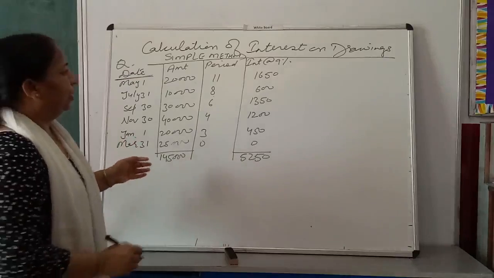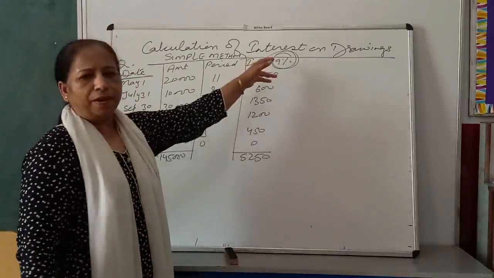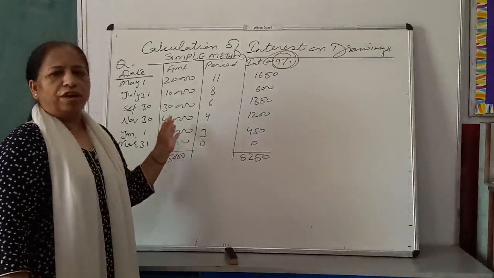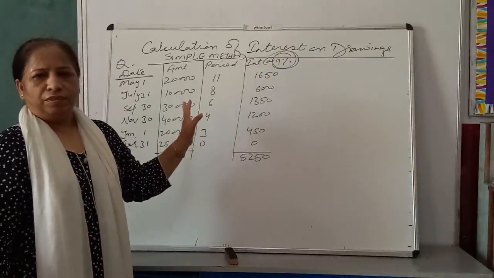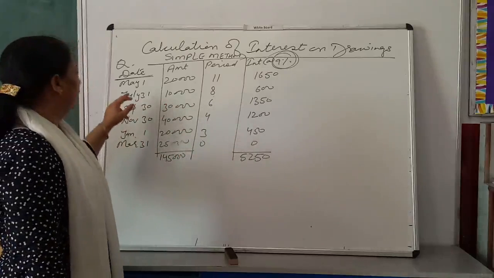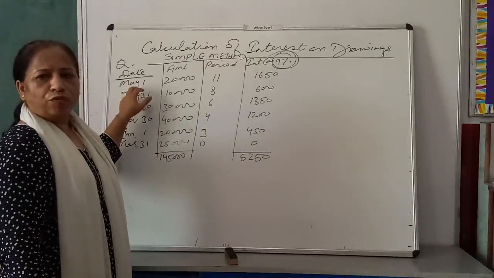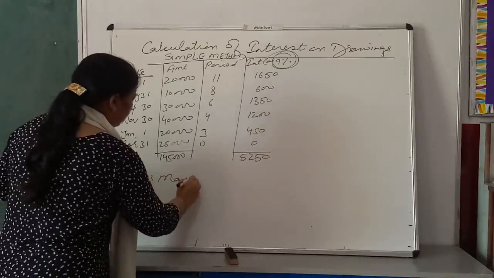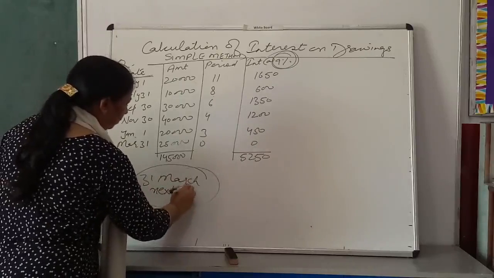And rate of interest is 9% per annum. Am I clear? And accounts are closed on 31st March 2018. Right? When accounts are closed on 31st March 2018, you are drawing money on May 1st. How much time will you use this money? Up to 31st March of next year.